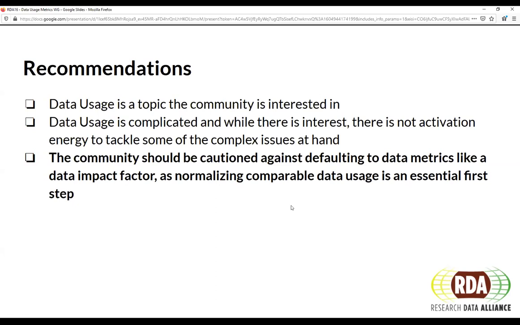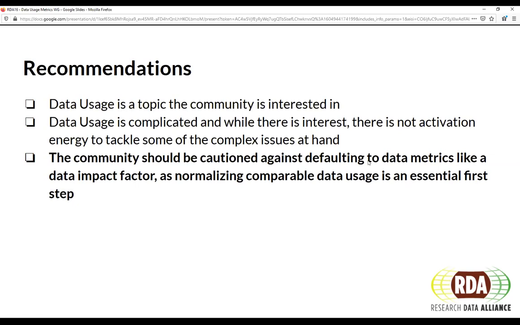And I think what this is saying is that while that will be the case, the roll-ups and the impact indicators, or the overlaying of value on top of those approaches to measurement, are something that has not yet been figured out. And so using the phrase data metrics here is really saying that we're trying to make sure that the community does not default to some sort of value indicator prematurely.